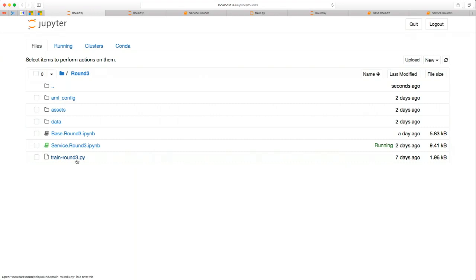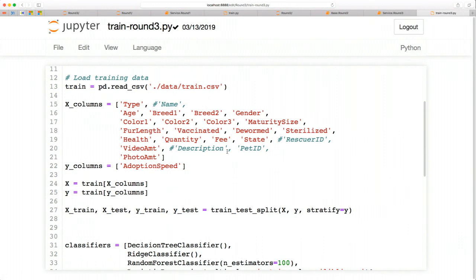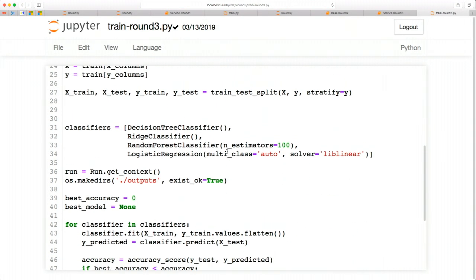This is because, if I go here, it's running a new script. And all that the script does is create an array with the classifiers I want to test, right? Because this is all about testing different models and evaluating them.